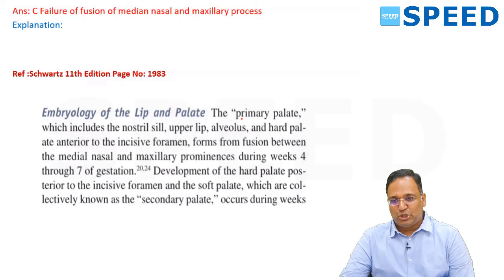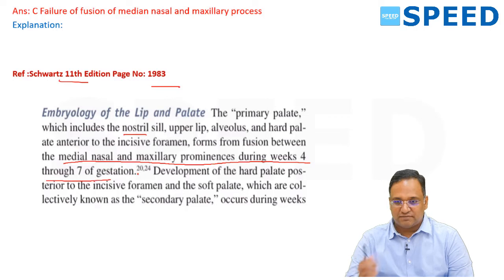Embryology of lip and palate, the primary palate, given in 11th edition of Schwartz, page number 983, which includes the nostrils, upper lip, alveolus and hard palate anterior to the incisive foramen, forms from the fusion between the medial nasal and maxillary prominence during week 4 through 7 of gestation. Development of hard palate posterior to the incisive foramen and soft palate, which are collectively called the secondary palate, occurs during weeks